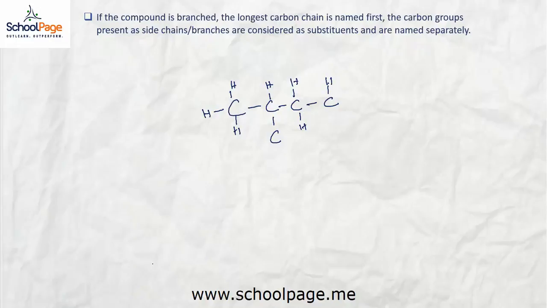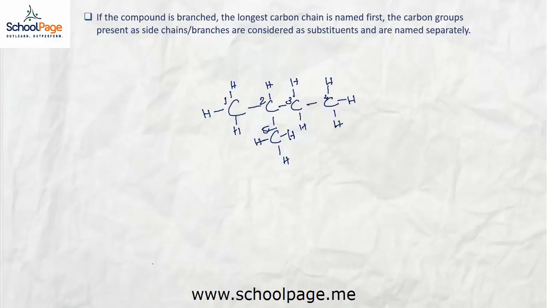So now we have to name the compound. So here it is 3 carbon again, H, H and H. So let's start counting, and remember that whenever we start counting and there is a functional group present, we have to assign the numbers to the carbon atom in such a way that the functional group gets the least possible number. So let me go on assigning the numbers from this end: 1, 2, 3, 4 and 5,